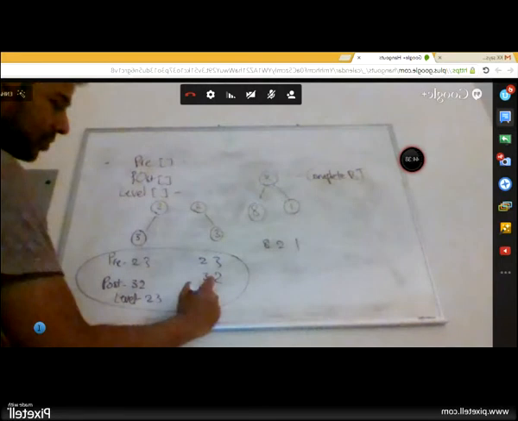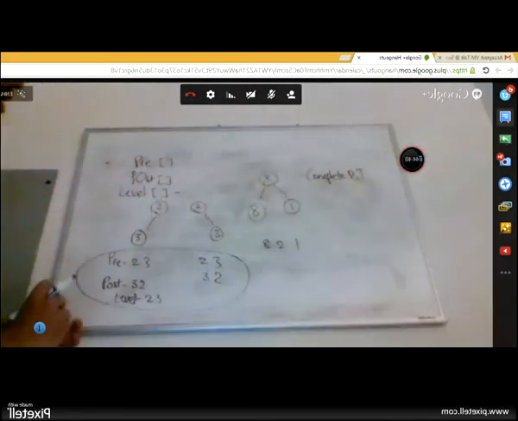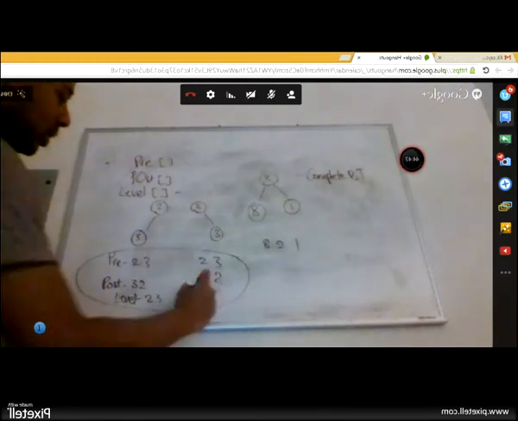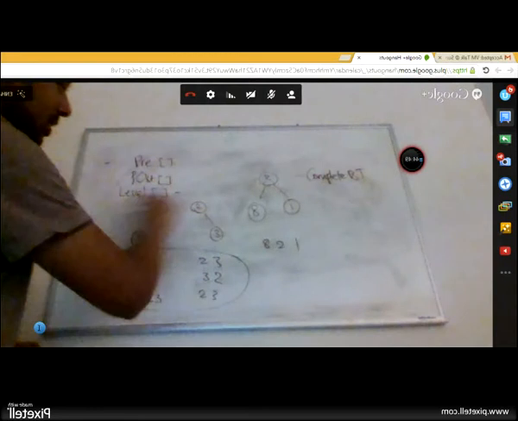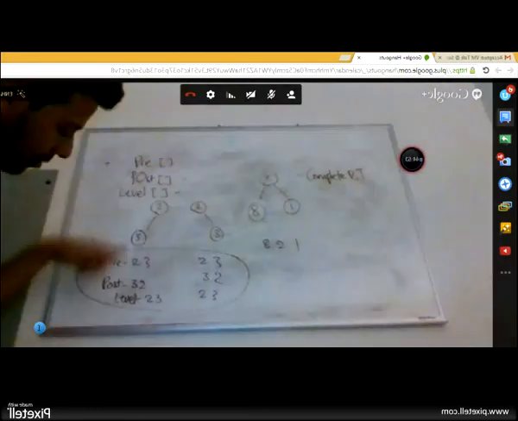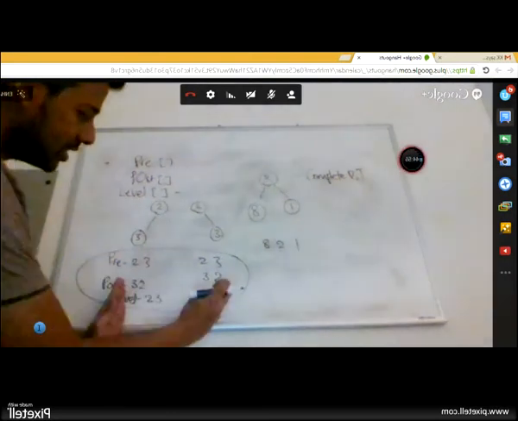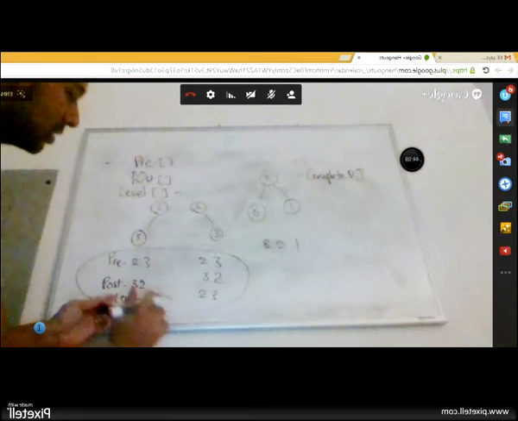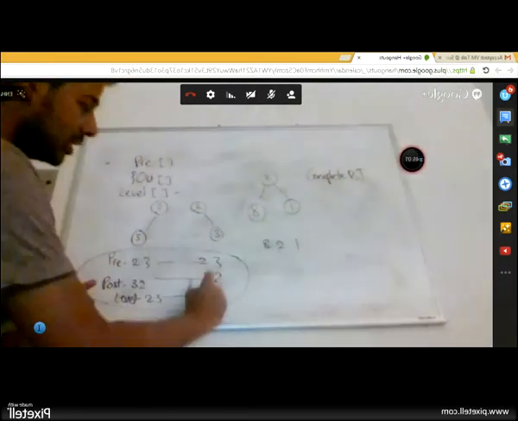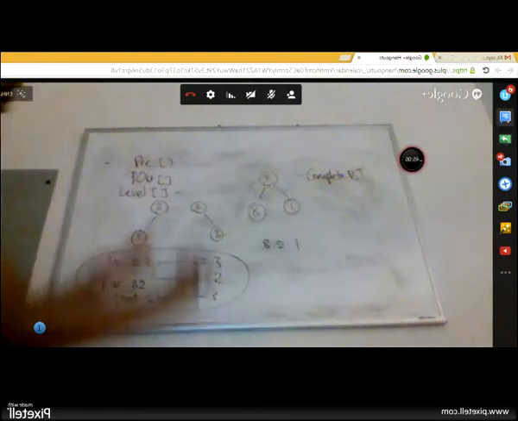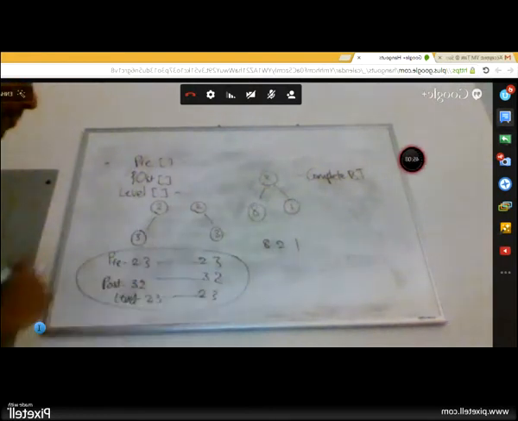That basically happens to be true, but your selling point is not that level and pre-order are the same. The selling point is that the level order is the same for both trees again. You basically need to come up with some traversal where this and this gets differentiated. You can keep adding different traversal mechanisms as long as they just keep matching this, which again it did, 2 and 3. You have no way to use this information.